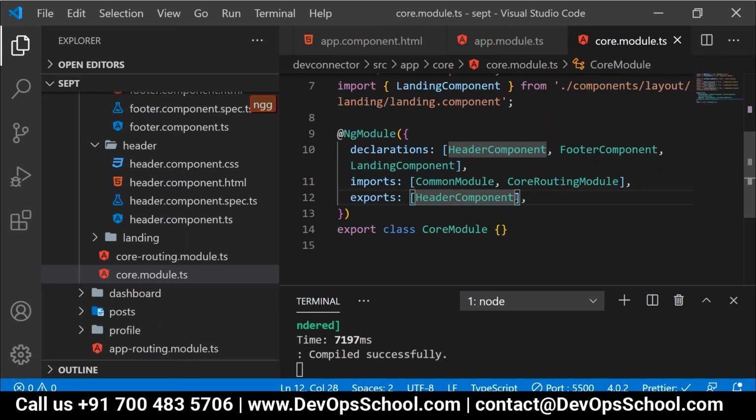Try to understand, because the main preference is lazy loading, Shilpa, not static loading. For the core module, we have to load it statically, or initially we need this module. The reason behind this is the header and footer components, because these two components are required across the application, or not?